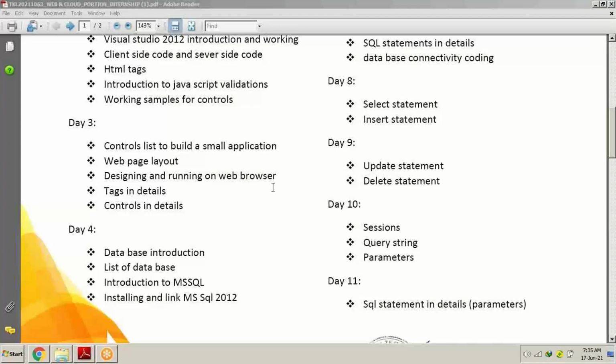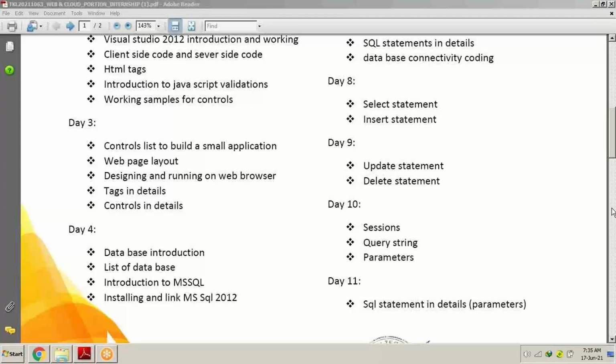And we are going to learn a few controls, but before knowing about the controls, we are going to see where these controls are being used. As an example, I will be showing you a few websites where different kinds of controls are being used, why they are being used, how they can be used, and what the purpose of these controls is. I will be discussing all these 5 topics in this session.